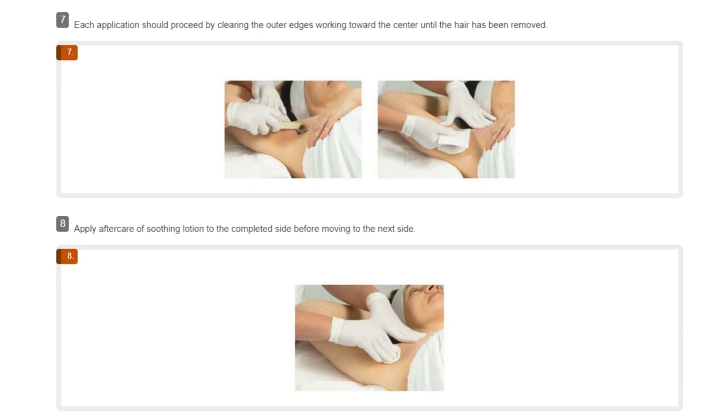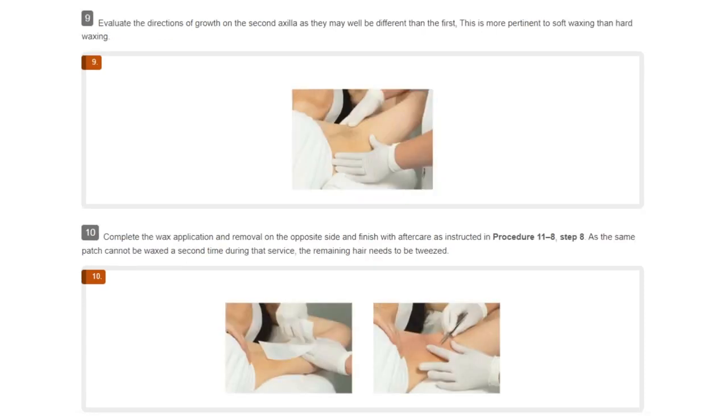Each application should proceed by clearing the outer edges, working toward the center until the hair has been removed. 8. Apply aftercare of soothing lotion to the completed side before moving to the next side. 9. Evaluate the directions of growth on the second axilla, as they may well be different than the first. This is more pertinent to soft waxing than hard waxing. 10. Complete the wax application and removal on the opposite side and finish with aftercare as instructed in Procedure 11-8,